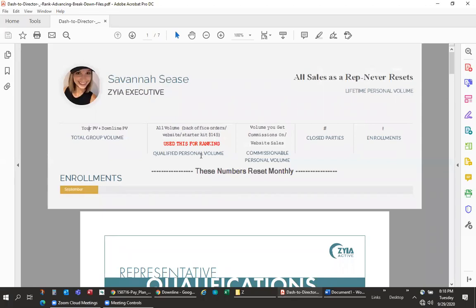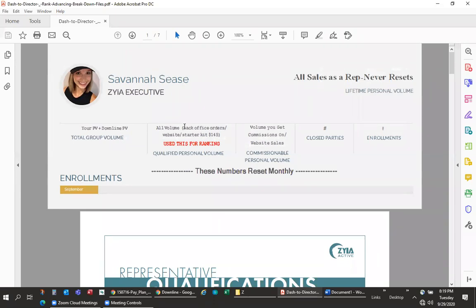Okay, and then so qualified personal volume and commissionable personal volume. People get these confused. It's very easy to do so. For purposes of ranking, you're always gonna look at your qualified personal volume. And on the charts, it actually says personal volume. The difference is when you are looking at these numbers, so some people, if they buy something from their back office